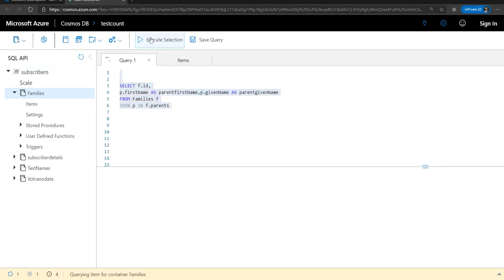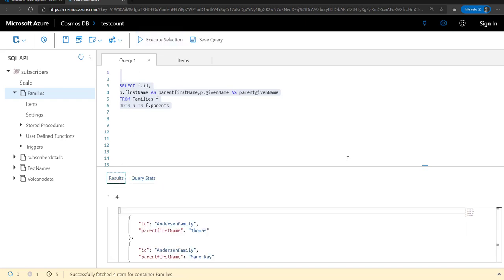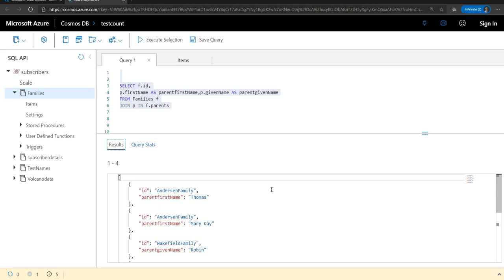When you execute this, you can see that the result will contain the ID of the family, and it will also return the parent first name and the given name depending on what is present. So if you see for the Anderson family, there were two parents inside the main document and each of them had only a first name.